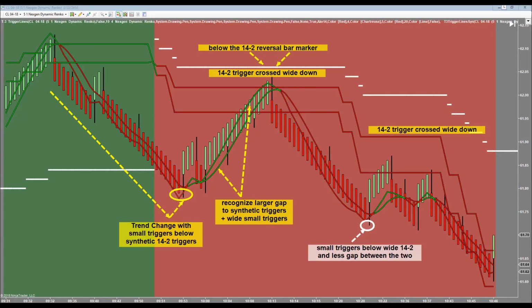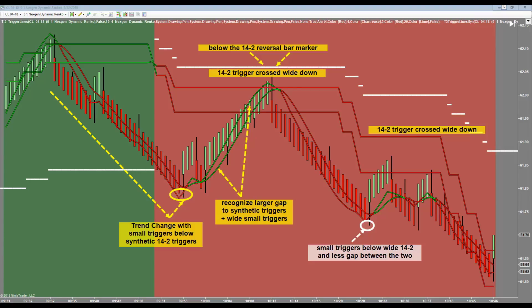In this picture, you'll see the exact same thing. However, there's one subtle difference. When the trend changes to the downside, there's a large gap between the synthetic triggers and price and small triggers. Typically, this happens after a strong trend change. So if you had a very strong trend up, the distance back to the synthetic triggers will be a little greater. Or conversely, if you had a strong trend down, you'll see in the next example, we have this same